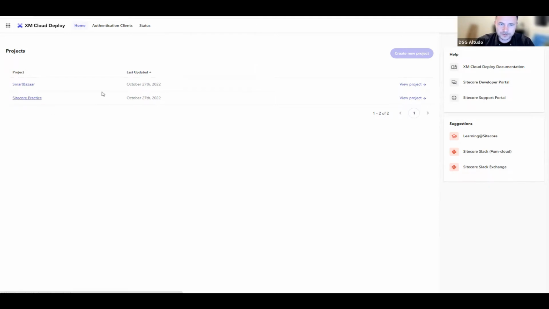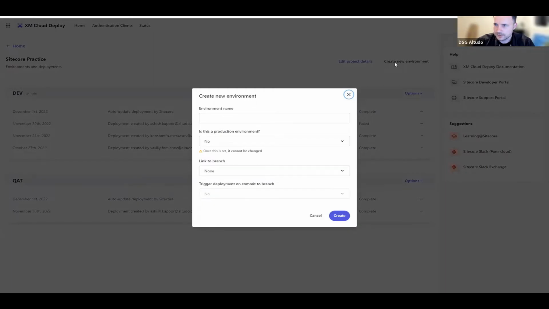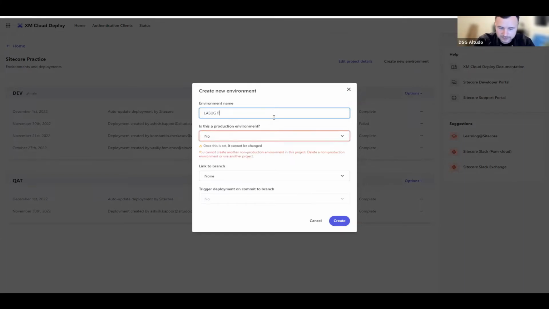Okay, so if we go into here, we have Sitecore Practice Project, and then we have a couple of environments here. So what I can do is I'll go ahead and create a new environment. So I click the Create New Environment button here at the top right corner. I'll give it a name, LA SUG PRD Production. So by default,